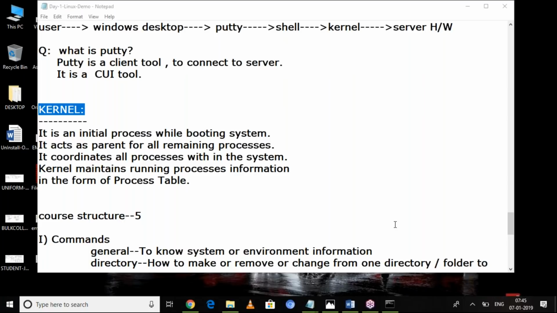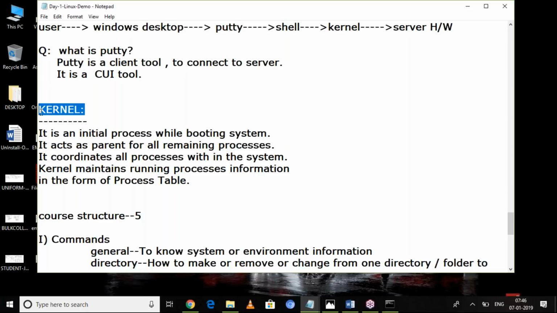It means these programs start one by one. Which program will be started at the very beginning? Kernel. It is a program or process. It is the first process started in the booting process. And kernel is the first process. Remember, all other processes are called child processes.